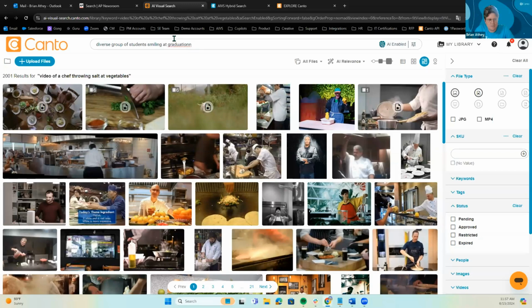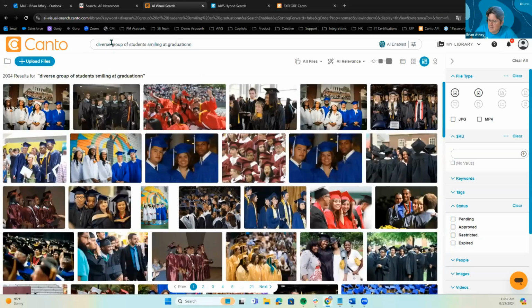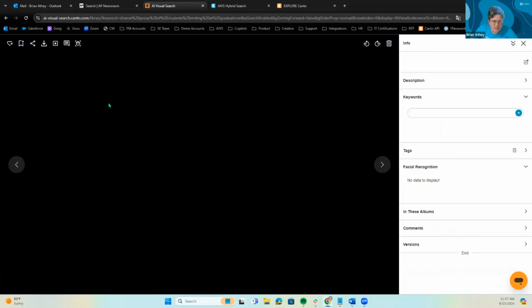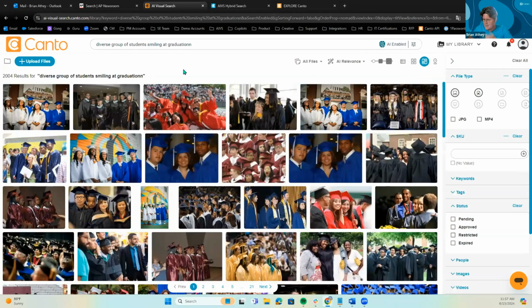I'll even misspell graduation there. Reiterate that it doesn't matter if you can't spell to save your life like me. What we're seeing here is we're now sifting through those 2 million assets. And what I'm going to do is find diverse as far as ethnicity goes. It's a group of students smiling at graduation, exactly what we're looking for. Diverse demographic in an image, all students smiling. Now, you can do that inversely and have students crying. Maybe it wasn't a good graduation, but it is able to read emotions